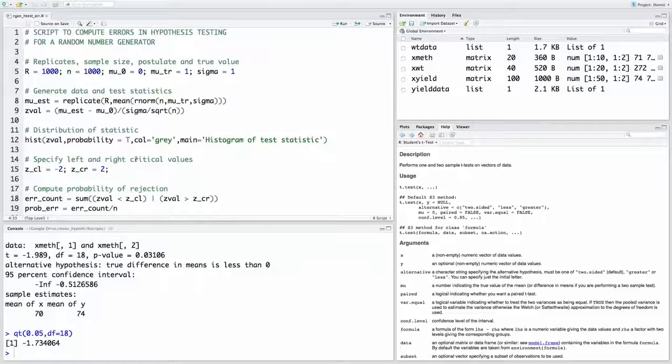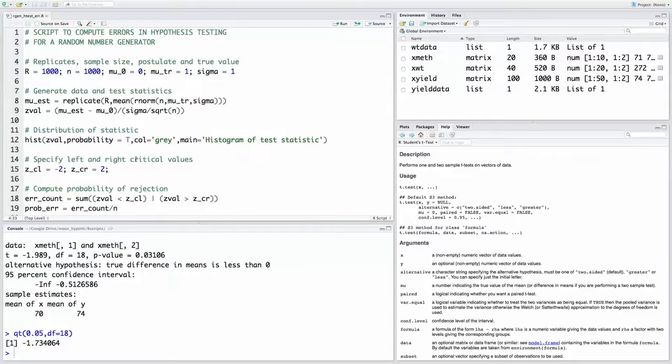So, let us go now through the example. Because I have to calculate the probability, that is the chances of making an error. What kind of an error? Rejecting the null hypothesis when it is true. I need to actually repeat this experiment of hypothesis testing for different sets of samples, in other words different replicates or realizations, and then count the number of times I have made a wrong decision.